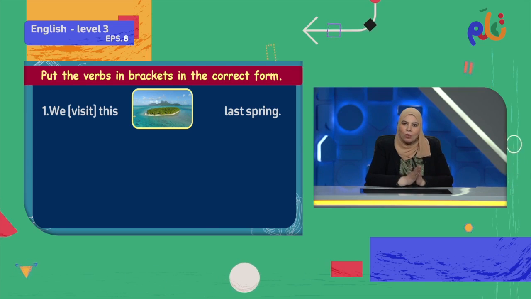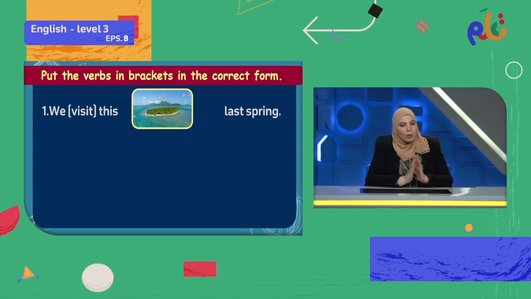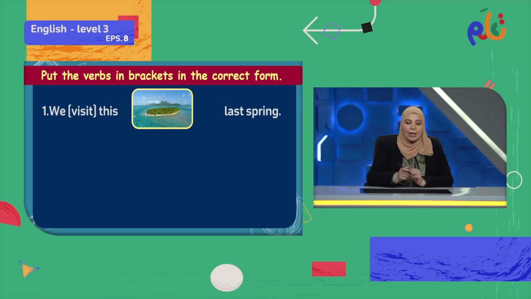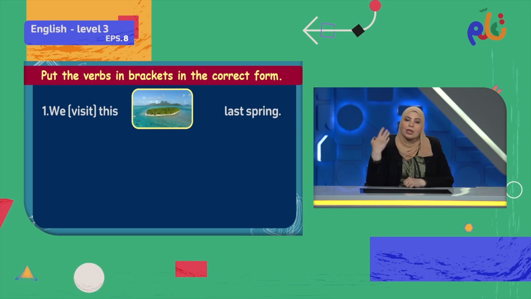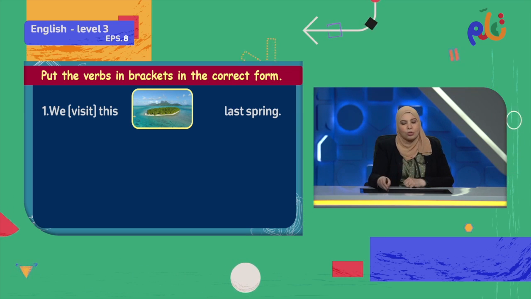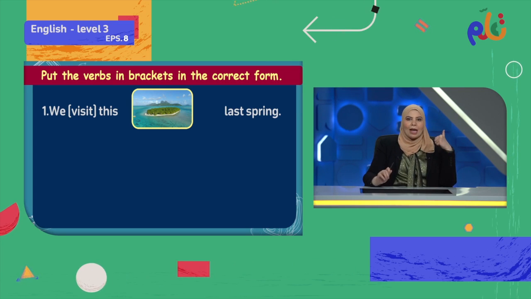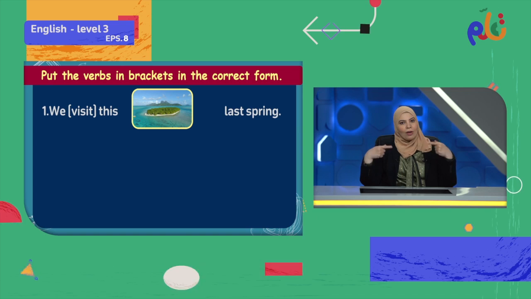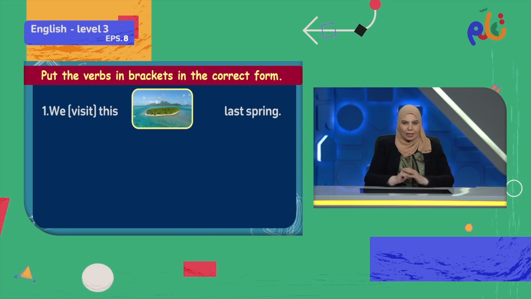Okay, now let's try to make sentences, and for now we're going to mix the words with the sentence. The sentences I have contain a verb. The verb is not in the right format, so we're going to put it into the correct form. And we have a picture that we need to think of and say its word to complete the statement. So we will look at the verb and put it in the right form, and look at the picture and think of the word to complete our sentence.